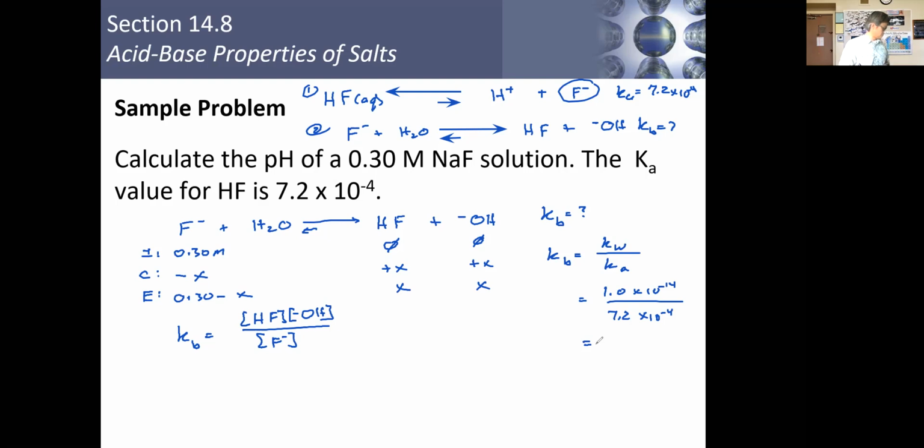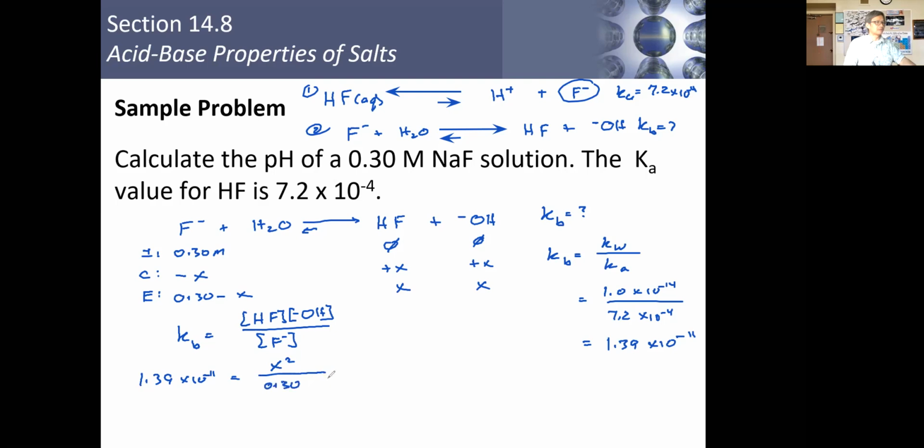And let me get this for you. 1.39 times 10 to the minus 11. Okay, so there is our value for Kb. Now we have determined Kb, we can go ahead and solve this problem. At this point, I think everything else should be familiar to you, so I'll get through this fairly quickly. So 1.39 times 10 to the minus 11 is going to be equal to x squared, so I'm going to substitute all that in, over